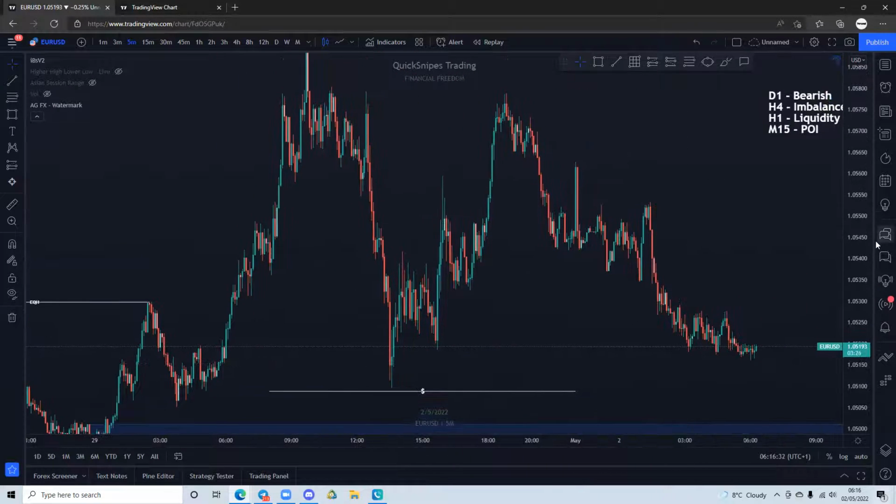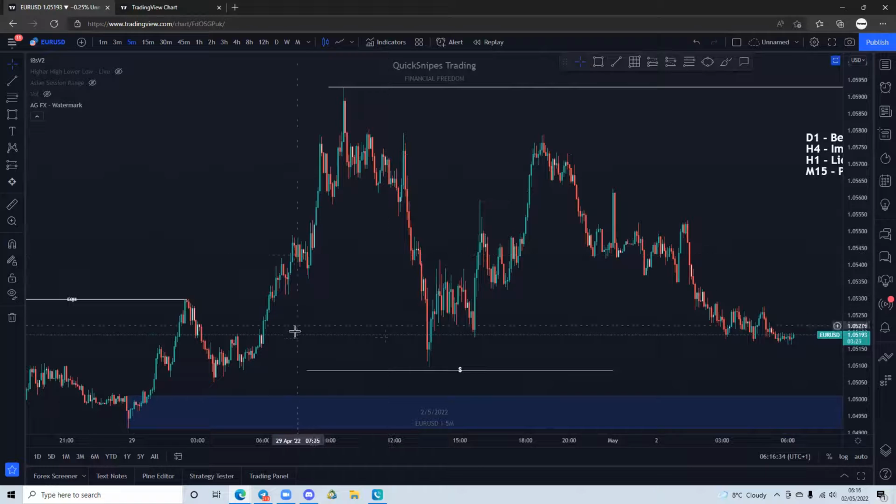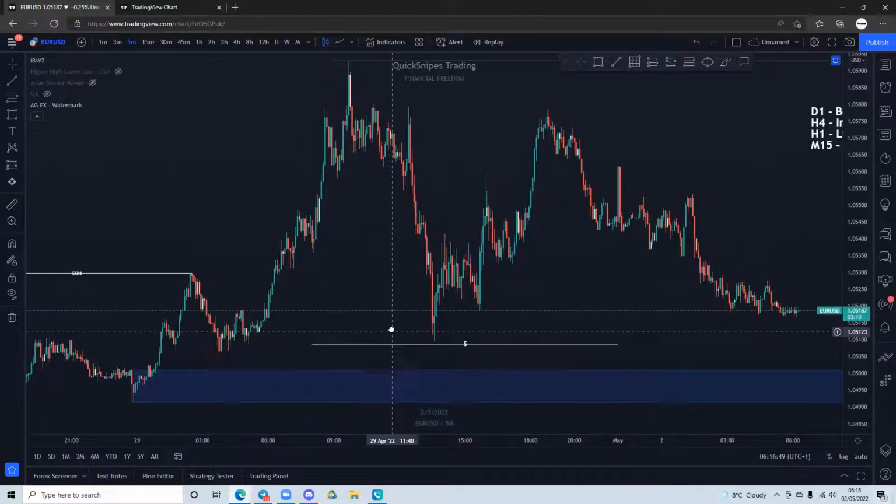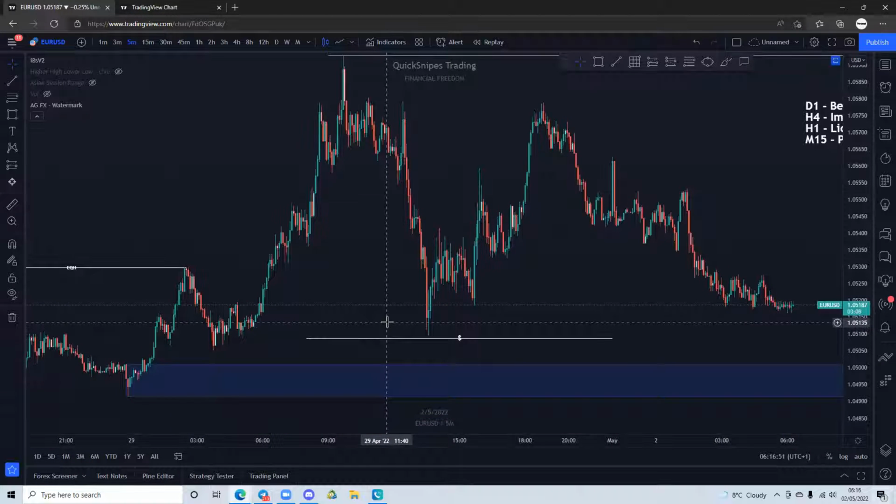What I can see is we've had this huge impulsive up move, Wyckoff schematic distribution, then a drop down. We've broken this previous 5 minute demand to grab liquidity. What a lot of traders often do is they mistake a point of interest for a liquidity grab. So although yes, this would be a point of interest,